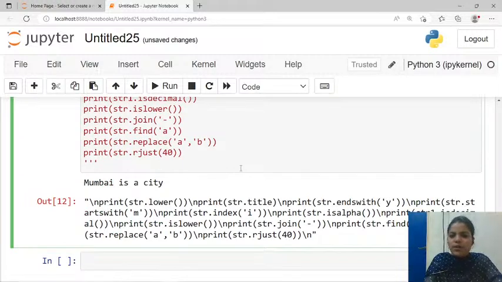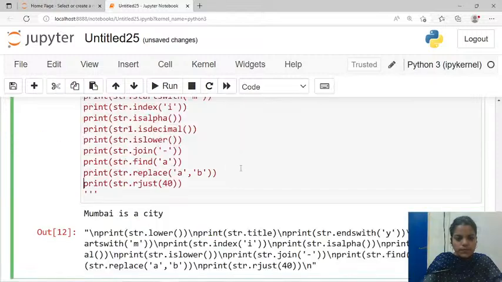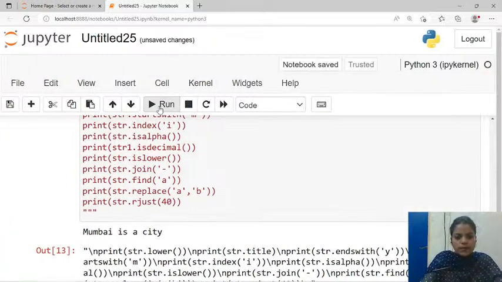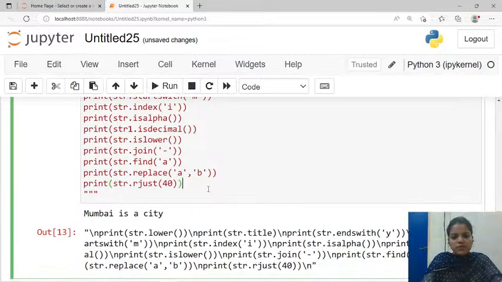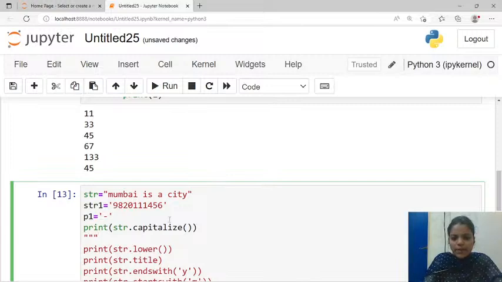Can I ignore it for the time being? Alright, next. One minute, please. Okay, it hardly makes a difference. Never mind. We focus only on the output for now. So capitalize is to